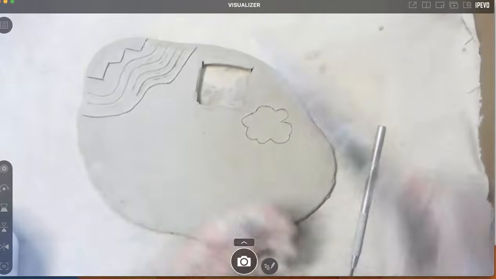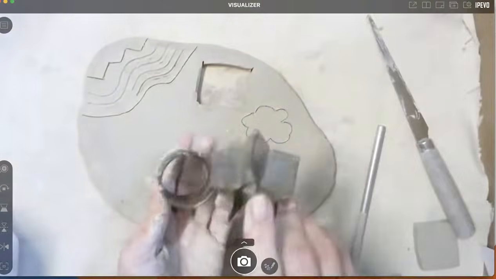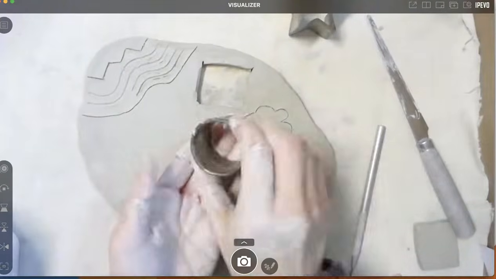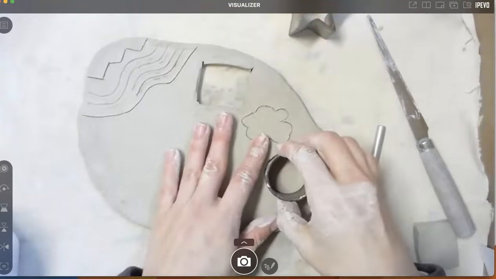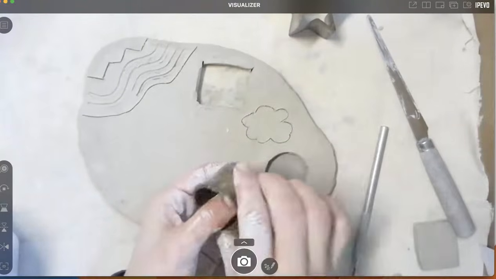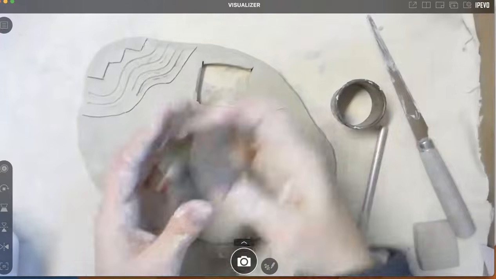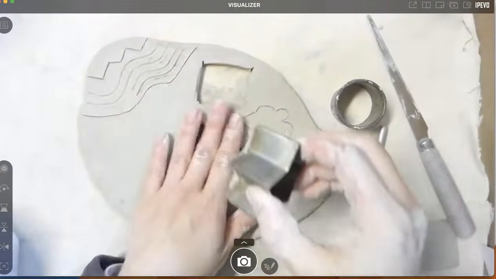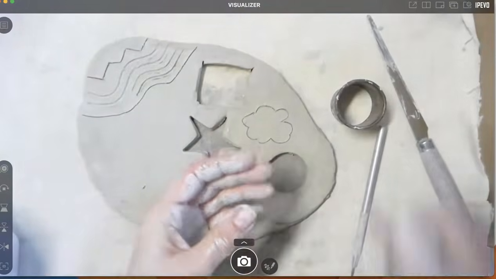But you don't have to just draw and cut. You can also use cookie cutters, because again, they create a hole in the surface. Essentially, you're removing clay. So here's a circular cookie cutter. I can put it right into the clay, gently pick it up and remove that clay, and there is the piercing. Same thing with this star. Again, that's why you want to use your clay when it's not super soft.